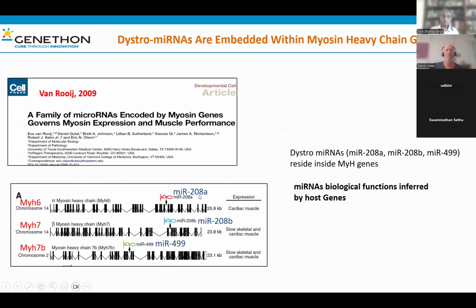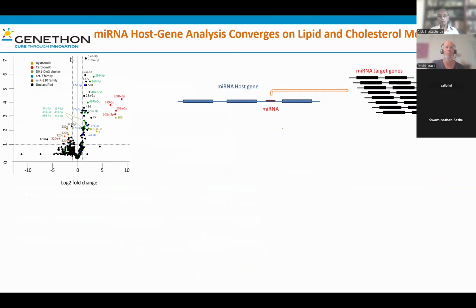This is just a demonstration that if you want to best understand the biological function of these miRNA, you're not going to ask about the target genes. In fact, you can learn from the host gene, which is a myosin heavy chain. This is why host genes can sometimes better explain the biology as compared to the target gene. So in our screen, we had many miRNA dysregulated, and